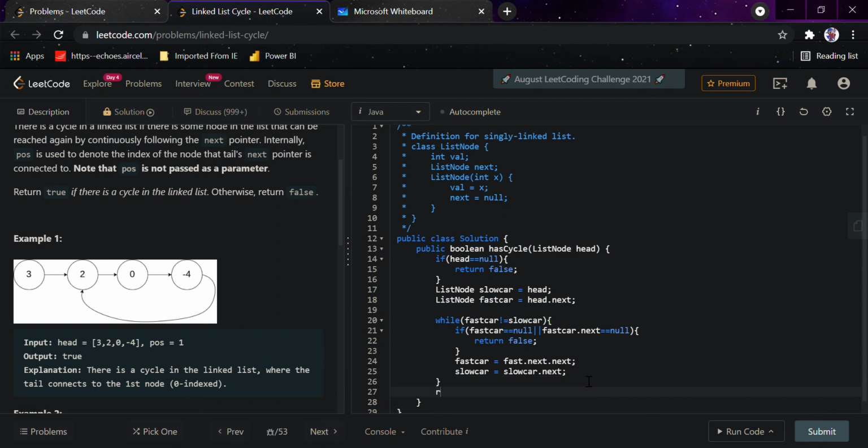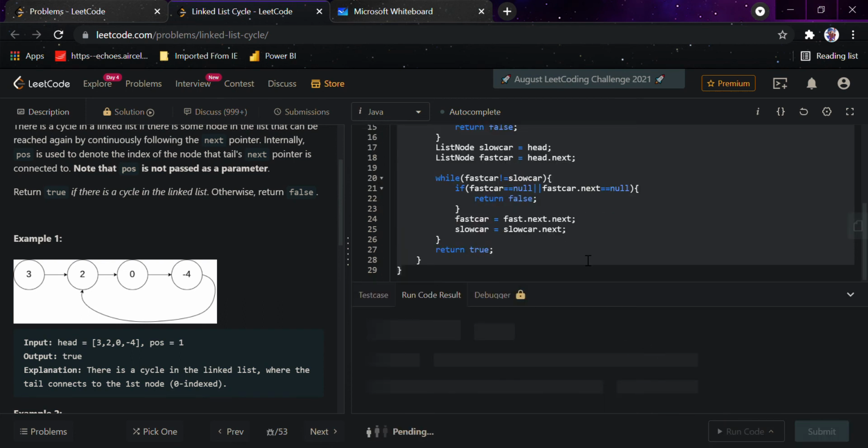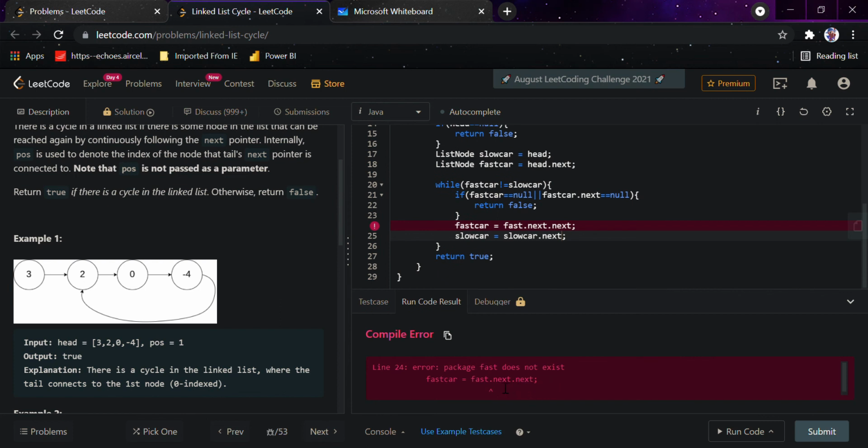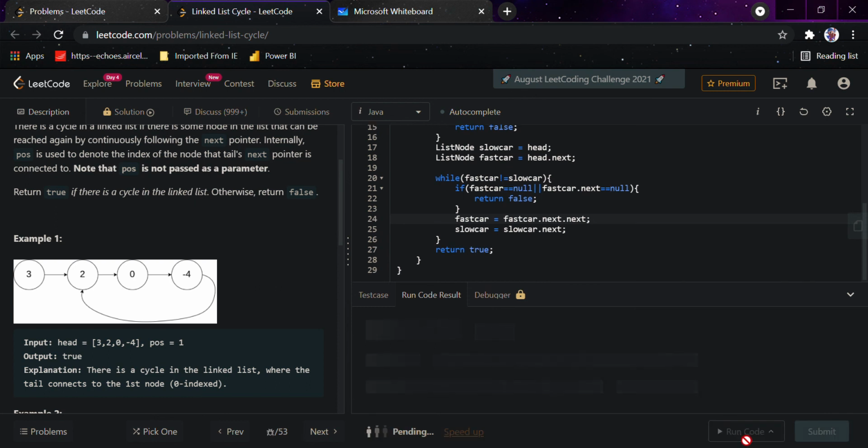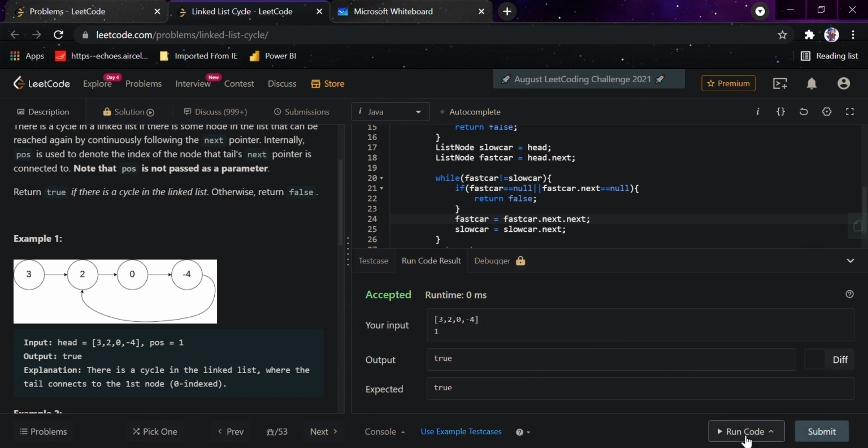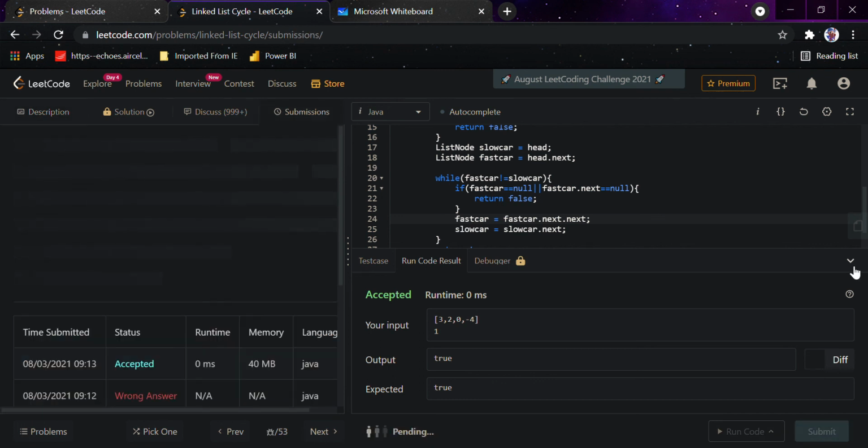We are done with this, and then at last we would return true. Okay, I just wrote fast here, I would just write fastCar.next. Yeah, and I guess it should work. It passed the basic test case, so I would just submit it now.